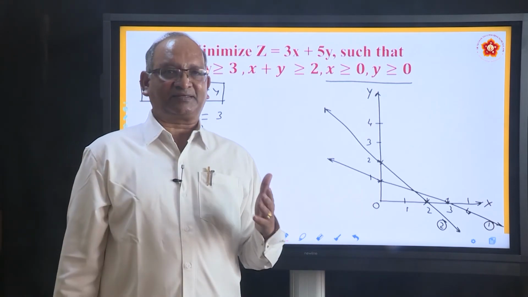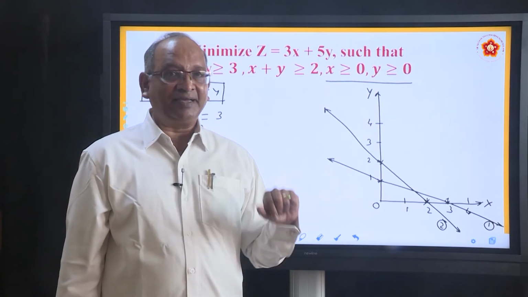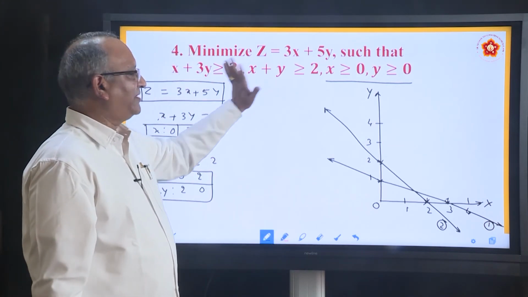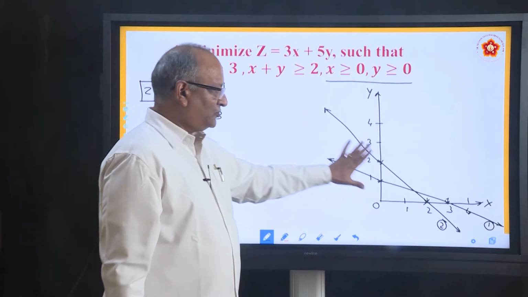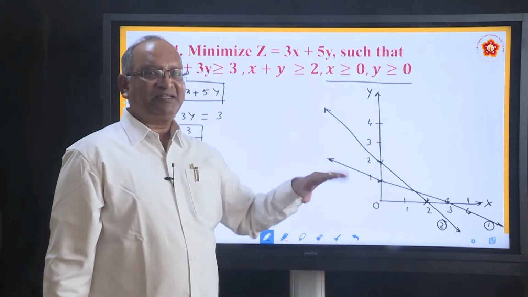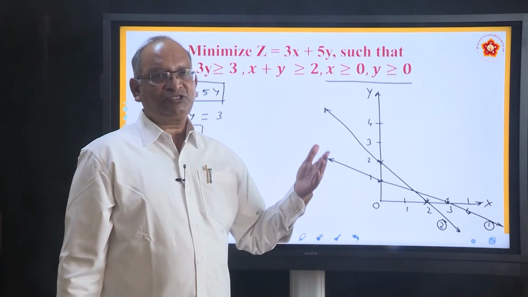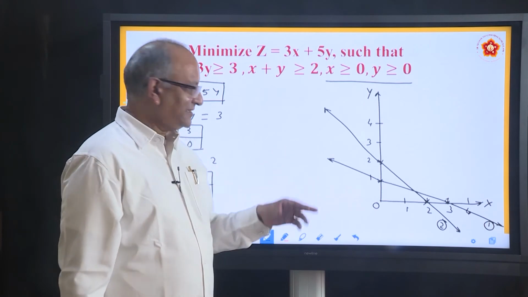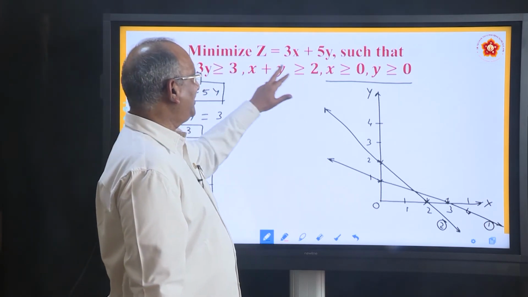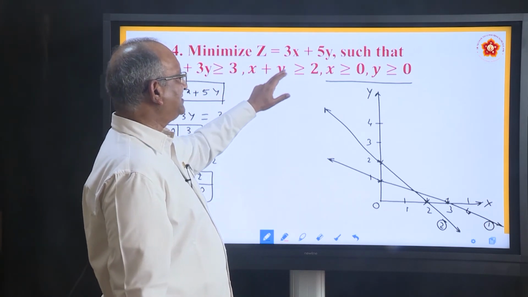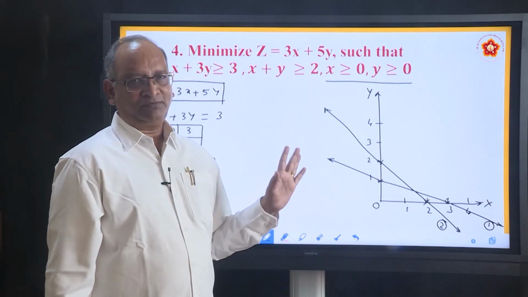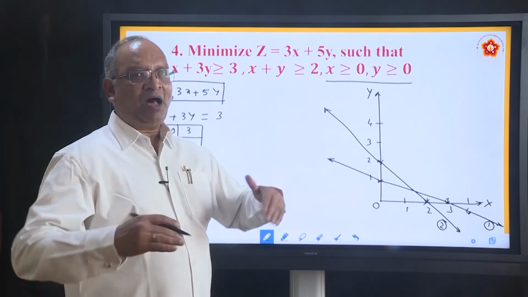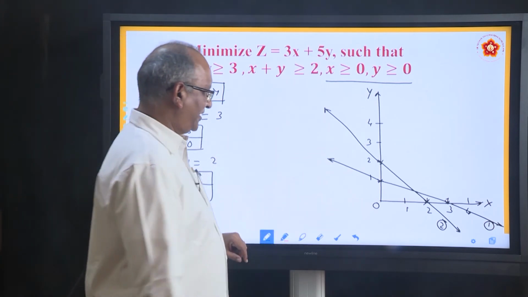What is the next task? The next task is shading. How do we do shading? For shading, we always use the inequations. So, these are the two lines. As I mentioned, in order to decide which side of the line is to be shaded, choose any point. The easiest is the origin. If you substitute 0, 0 in the first inequation, 0 plus 0 is greater than or equal to 2. Wrong. It is not correct. Since it is not correct, the other side, opposite of the origin side, we need to shade.